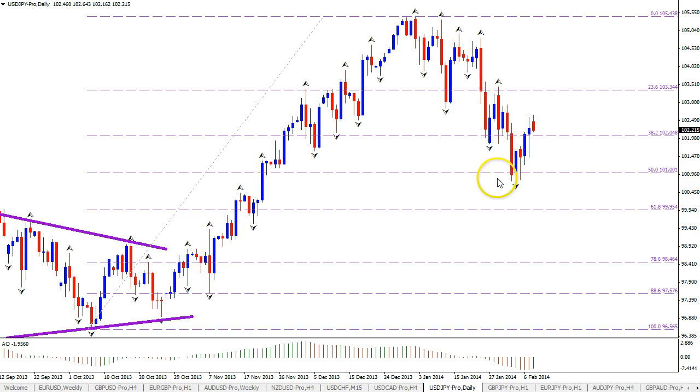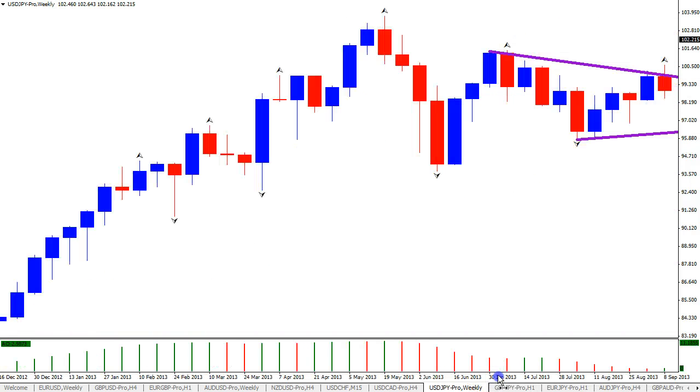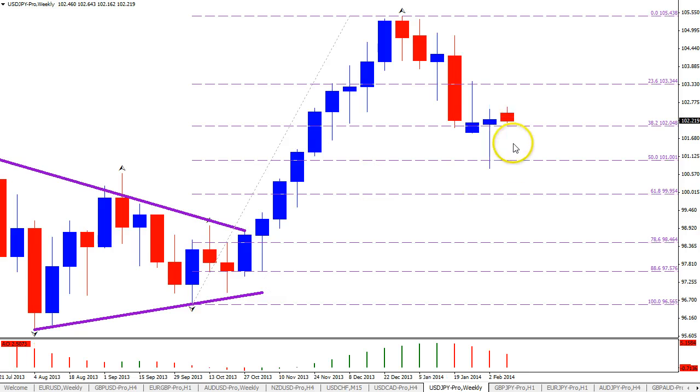For the moment, though, price is bullish off of this 50 fib, and if you look at the weekly candle and zoom into that chart, what do we see there? A bullish pin bar. And not only that, a bullish weekly pin bar. That could be a very substantial, significant price action confirmation of a potential bounce to the upside on the dollar yen,